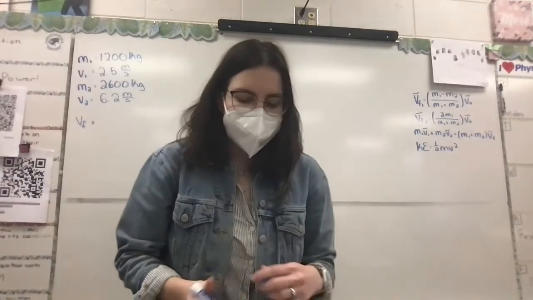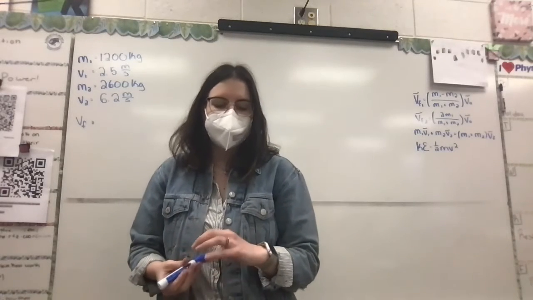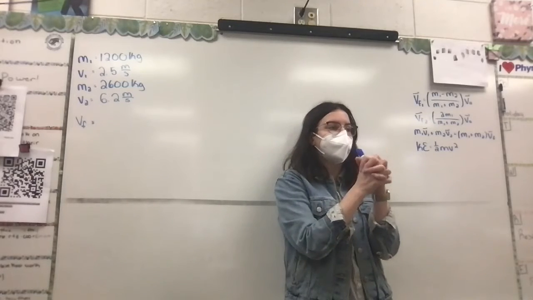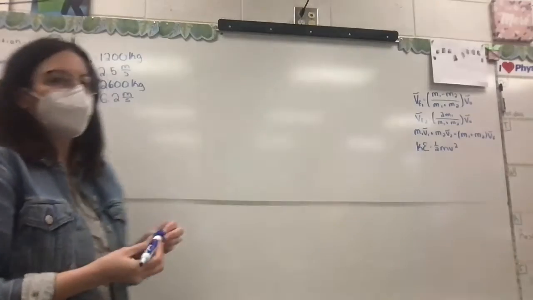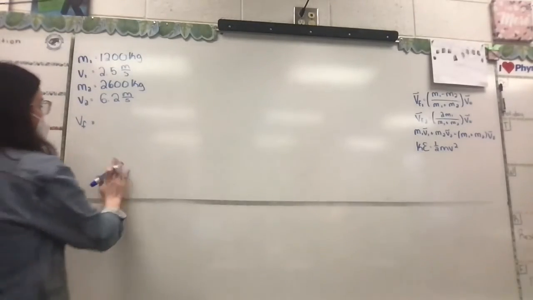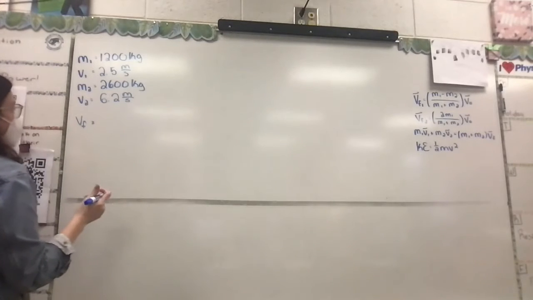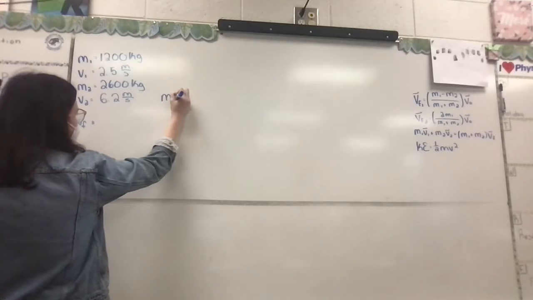Now, it says the vehicles are going to stick together after the collision, and we want to know their speed immediately following this collision. If they're sticking together, what kind of collision is it? Completely inelastic. Okay. So does that mean they'll have the same or different final velocities? They'll have the same. Okay, so we get to use conservation of